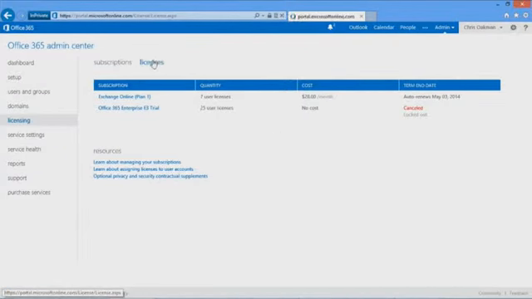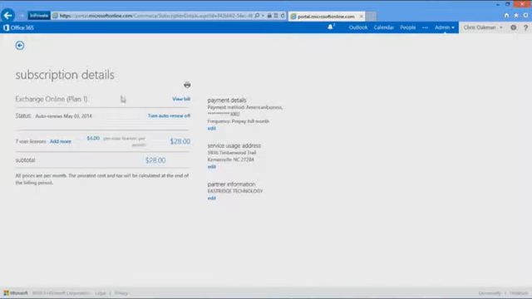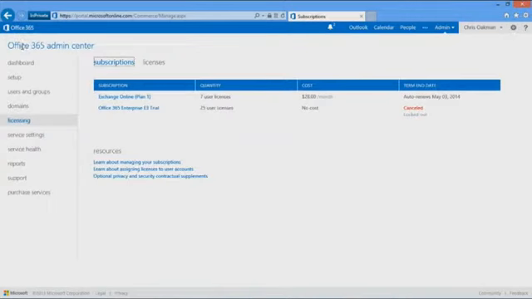If I click on subscriptions and my Exchange Online P1, we can add that. This shows my billing information. We'll get into the licensing more, but yes, you can add. So you can have an E1 user, an E3 user, basically any enterprise plan. You can add Visio to that plan. You can add all those plans.